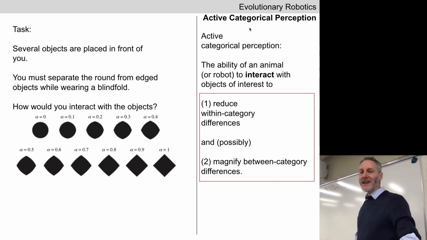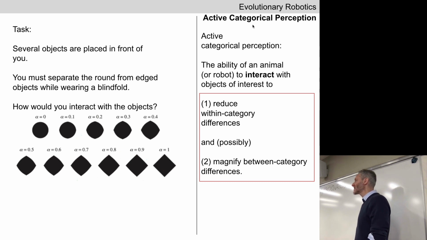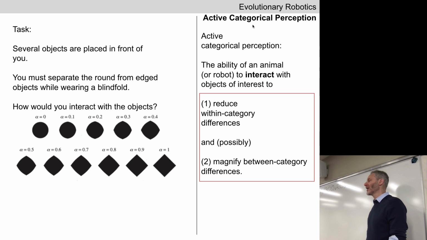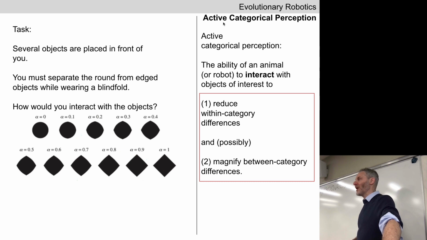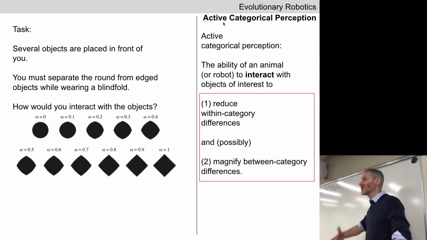So the idea behind active categorical perception is as we move about in the world, or as we'll see in a moment, as machines move about in their world, they have a need to do this, to understand the affordances of things. What things are safe and what things are dangerous. Mother Nature has tuned our bodies and brains so that we interact with those things in a certain way that causes us to discover that category and hopefully discover it quickly,